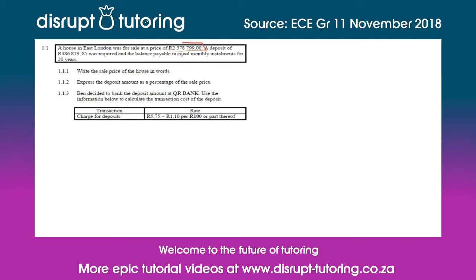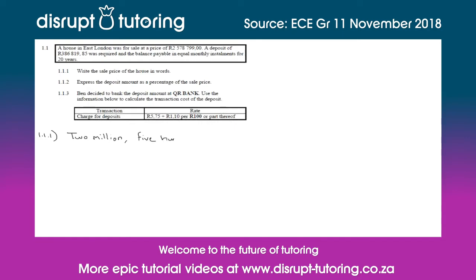So this is the sale price of the house. So for 1.1.1, as I said, this starts with 2 million. So it's going to be 2 million. And then the next part of it is the hundreds of thousands. So it's 2,578,000. So in words, we have to write down